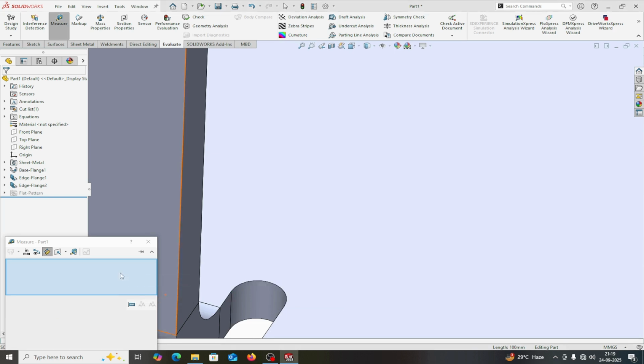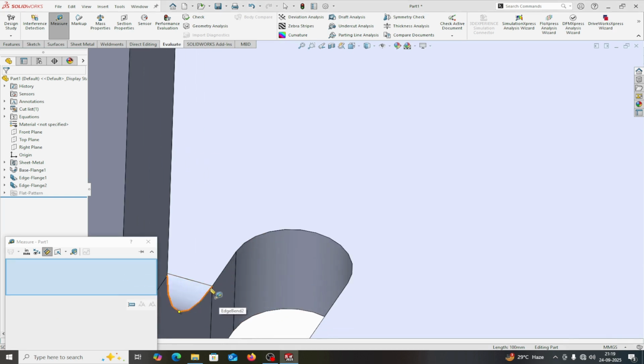Okay. And if I take this, where the bend ends, from here up to this, it is 1 mm. This I have taken 1 mm. So in this way we provide the relief. Now,